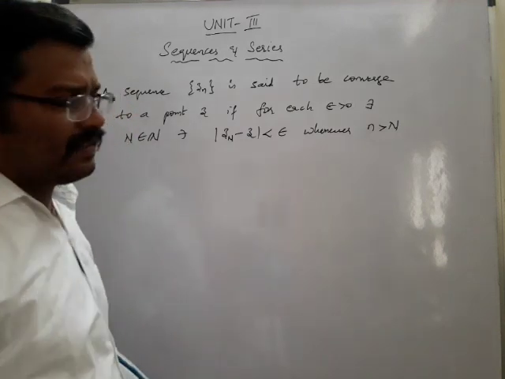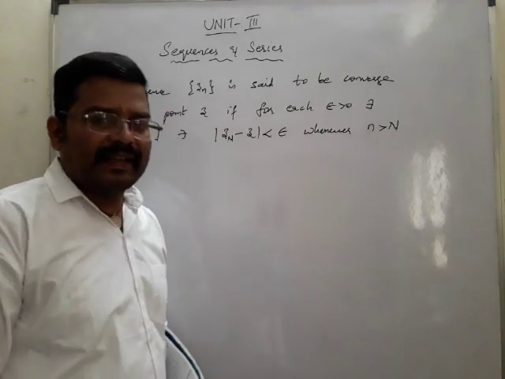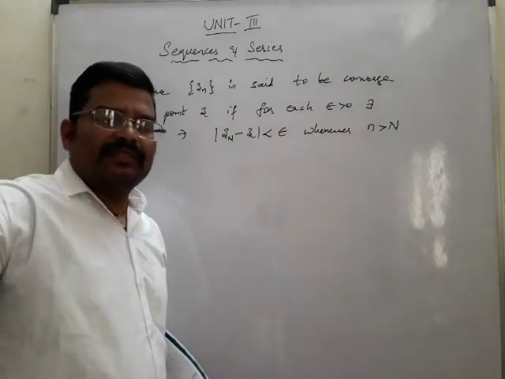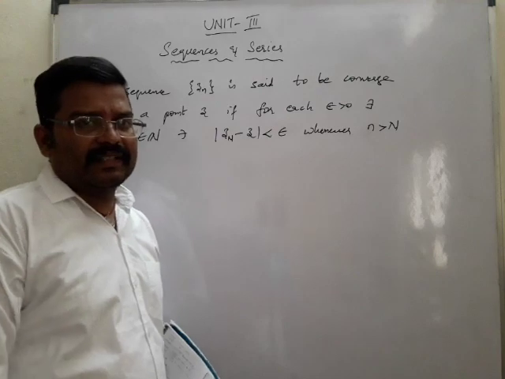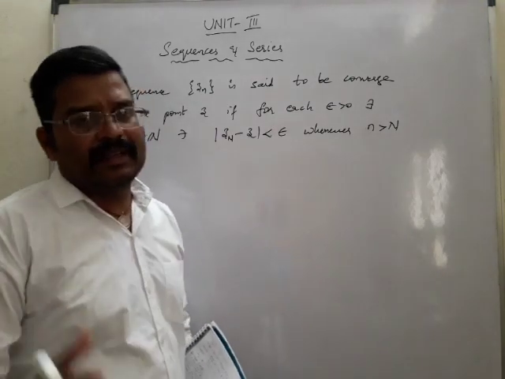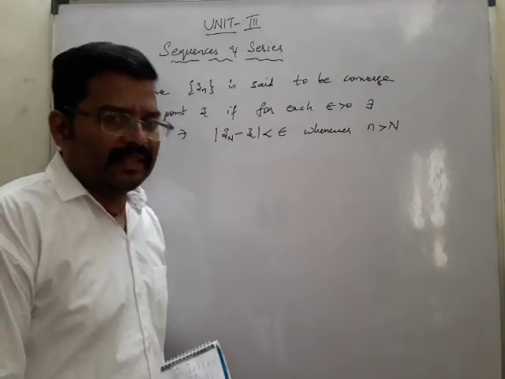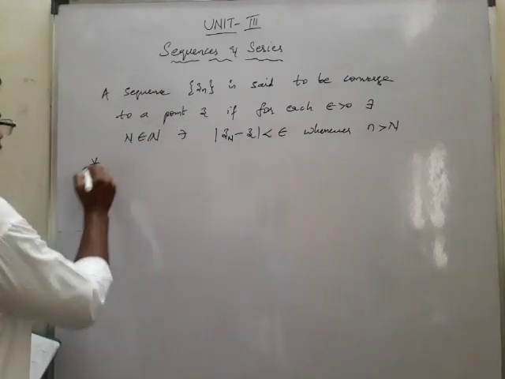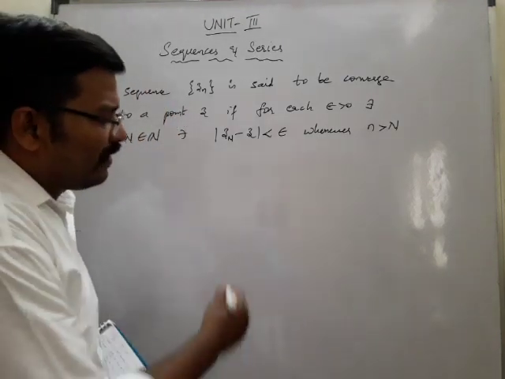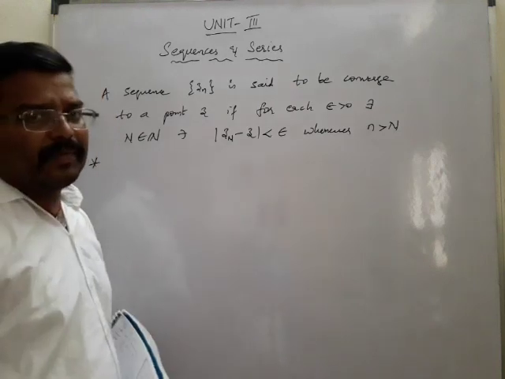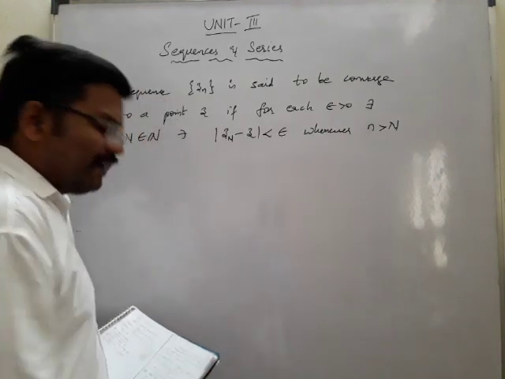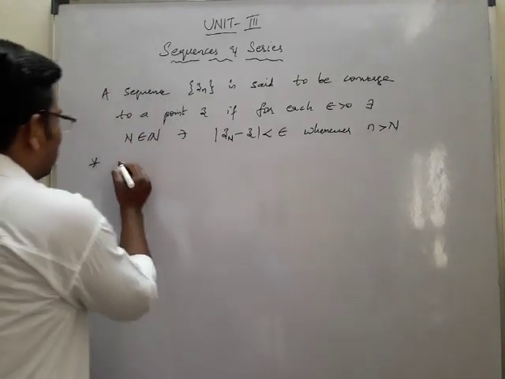So we have many sequences, like infinite sequence and finite sequence: z1, z2, z3, z4 and so on up to zn. It's nothing but a finite sequence. If you go to infinity, it becomes an infinite sequence. Okay, so we'll do one theorem regarding the sequences. As you know, we have already done so many problems regarding the sequences and series in the previous classes. Now we'll try to take the theorem directly.